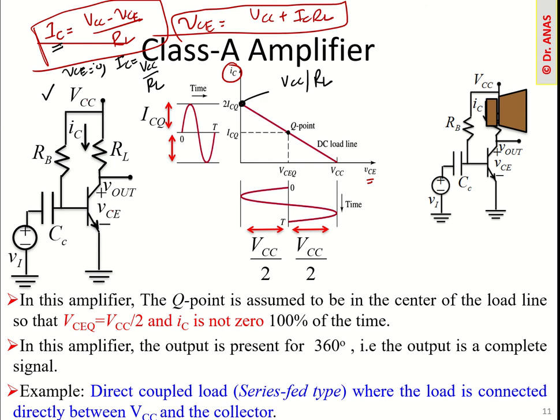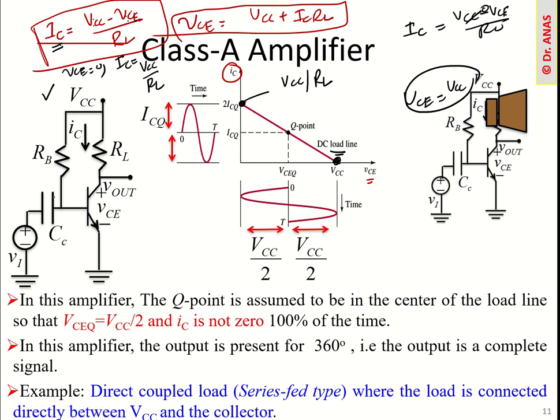The other condition is when we have the minimum current. The minimum current is the case when these two are the same, basically VCC is the same as VCE, so this cancels out and we have 0 here. So the condition when VCE is VCC is this point. This is called the DC load analysis. If you join these 2 points, this will be our DC load line. That is the first step you have to do: determine the DC load line.